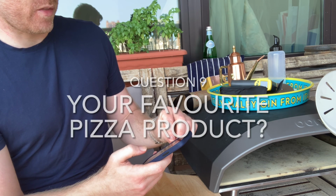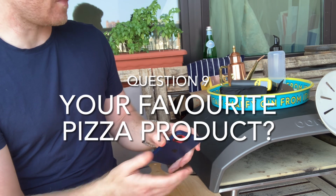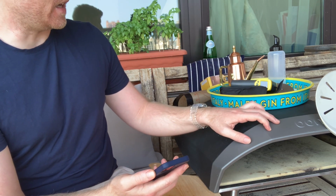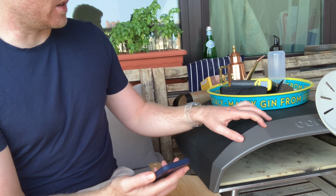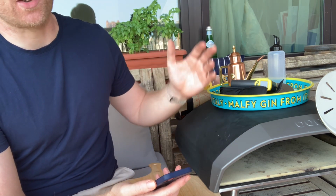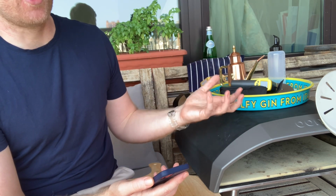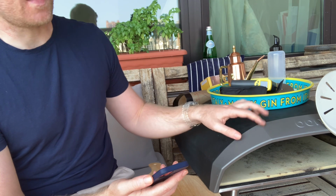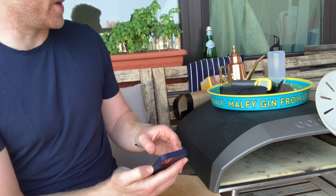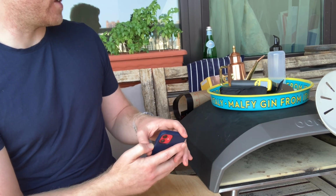Question number 9, your favorite product. Obviously, the oven itself is what's made my pizza making go to the next level by 100x, not just 10x, 100x, compared to cooking in the oven at home on a pizza stone. That's my favorite product, the Ooni Karu 16, but I think that's a bit of an obvious answer. If I had to go for the next favorite product,